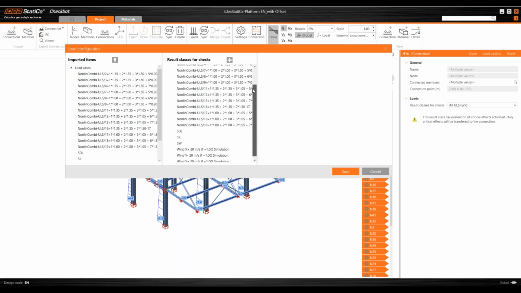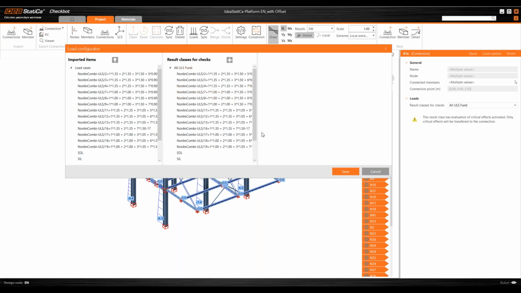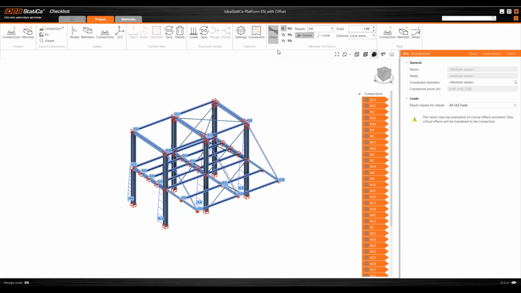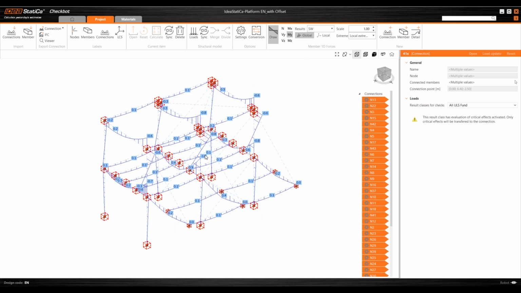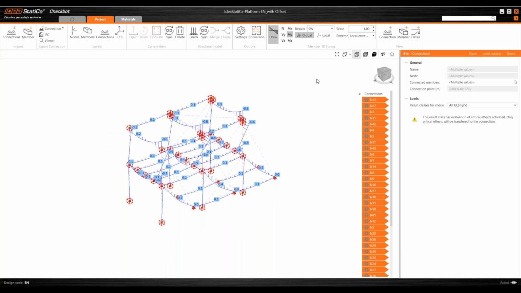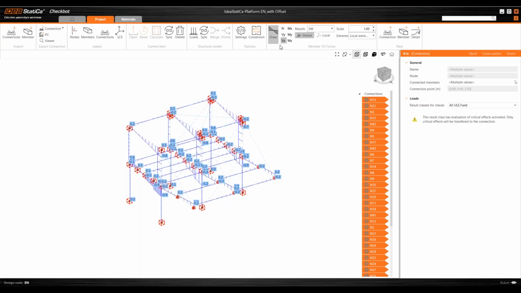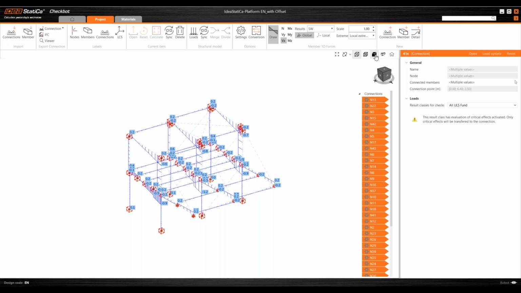There are some load cases that need to be checked, and you can actually show some moments and check on them like that. You can show every joint and the moment diagram. You can see the actual diagrams and the shear diagram. You have the possibility to look into that. And